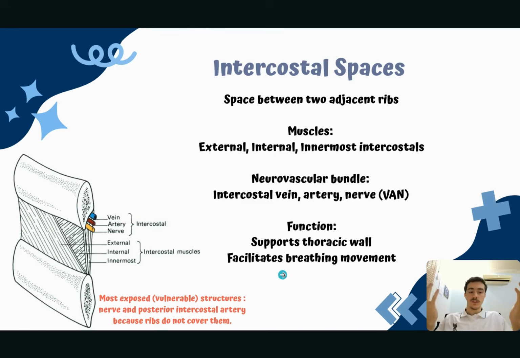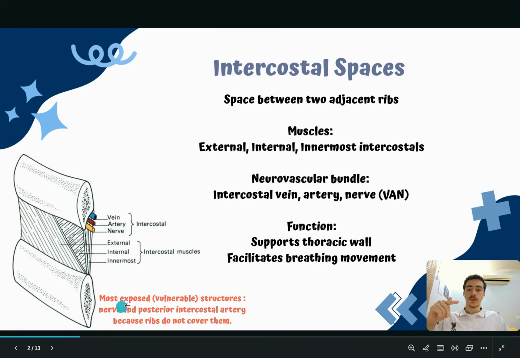What is the function of the intercostal space? What is the function of the rib cage itself? Two functions: support the thoracic wall, protect it and support it. Second, facilitate the breathing movement. We have muscles surrounding the lungs, so it's going to expand or squeeze the lung, which helps in the respiration movement. A good note to remember here is that the most exposed or vulnerable structure is the nerve